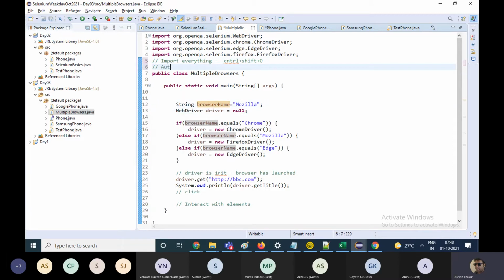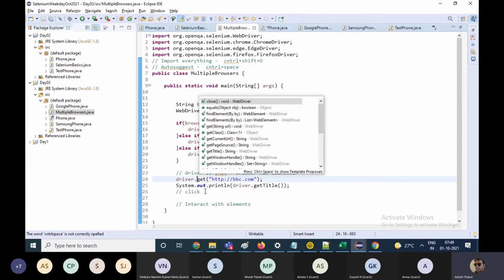Auto suggest is Control space bar, for this as well as the names of the functions in any